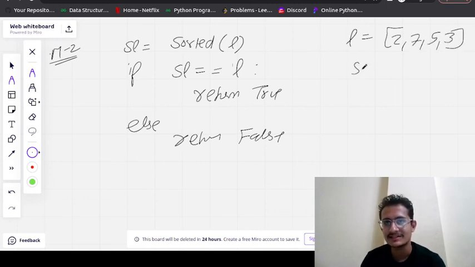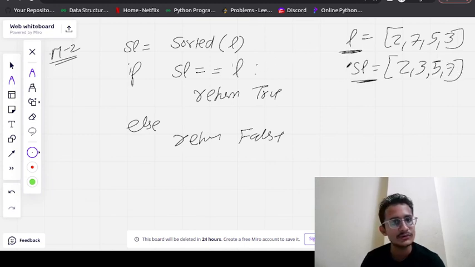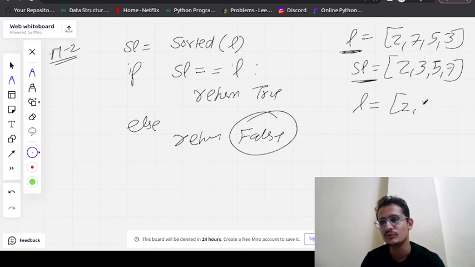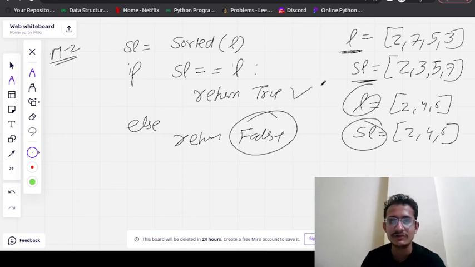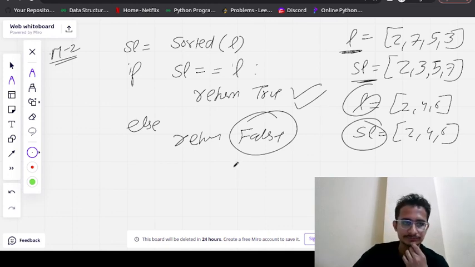SL will be sorted of L, so it will be 2, 3, 5, 7. Then we check if L is equal to SL. No, they are not equal, so we return false. Suppose L is 2, 4, 6. Sorted of L will also be 2, 4, 6. Both are equal, so we return true.